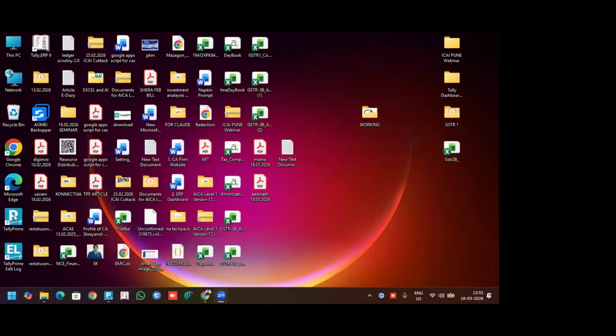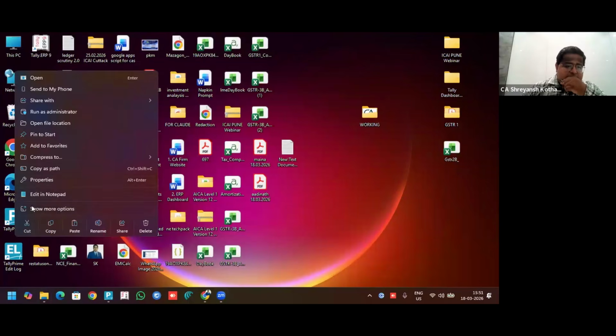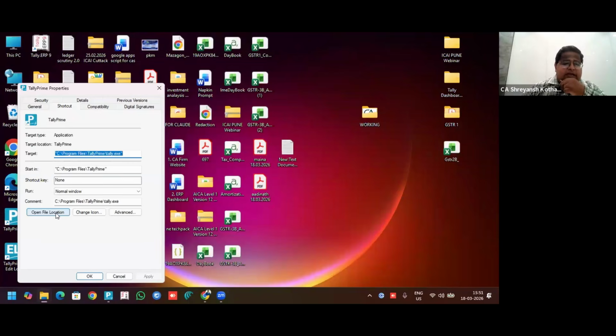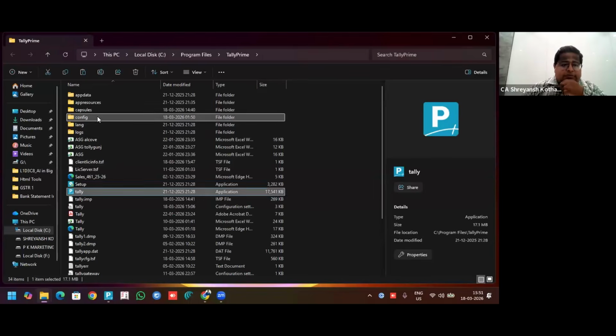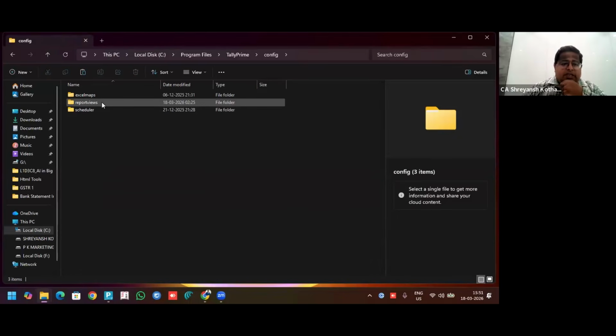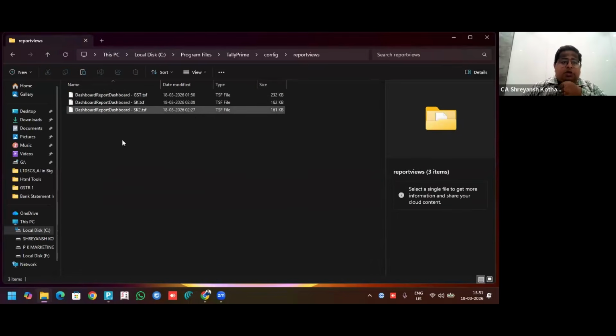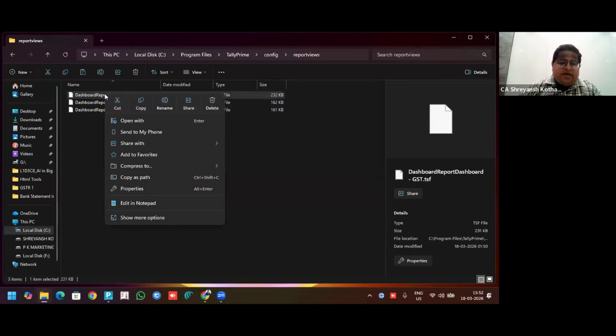Yeah. So we have selected Tally. We have done right click. We have selected properties. In properties, we have selected open file location. There we have selected the config option. We have selected the report views option. So here we'll see all the different types of dashboards which you have created. You can just copy this, save it in a folder, and in the specific machine of the client where you